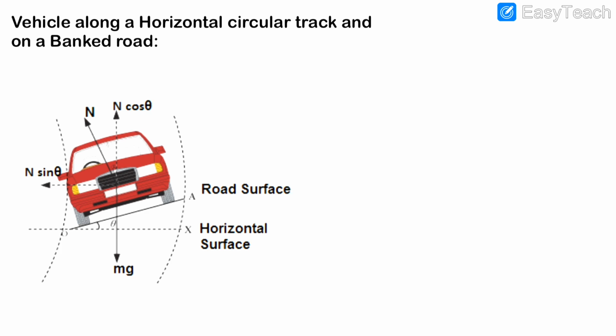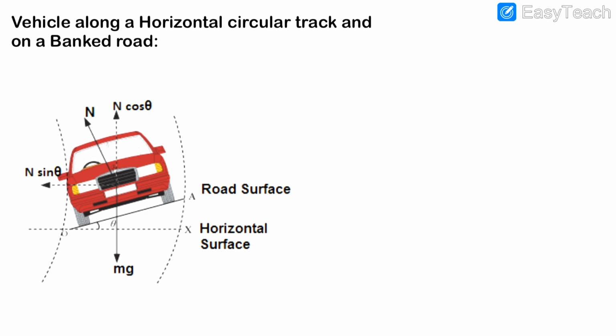The first one is a horizontal surface. On that horizontal surface, we are taking a turn. Most of the surfaces are horizontal surfaces. In some cases, like on a national highway or at a sharp turn, the outer edge of the road is raised over its inner edge through angle theta. That type of road is called a banked road. The angle through which the outer edge is raised is known as the angle of banking.